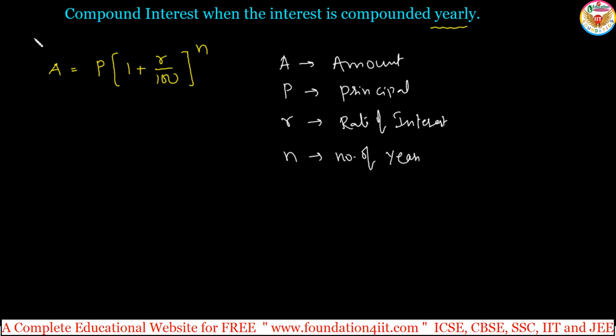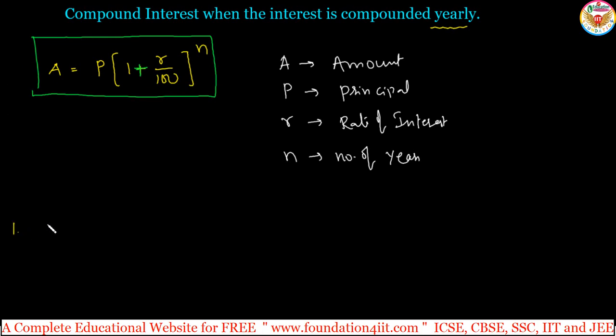Okay, so this is the formula. You remember, amount is equal to P into 1 plus R by 100 to the power N. So this power N is only for 1 plus R by 100. 1 is separate. Don't get confused. 1 plus R by 100 is the fraction. Yes, let us see the problem now.